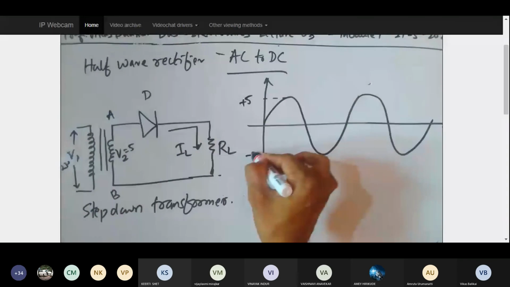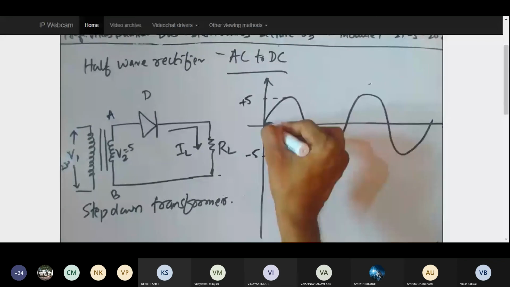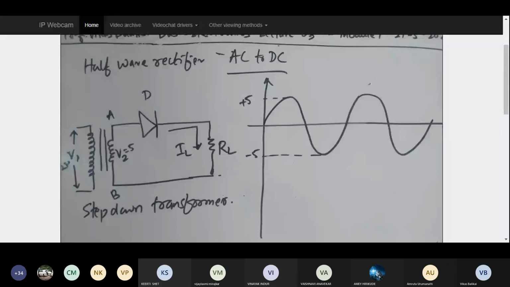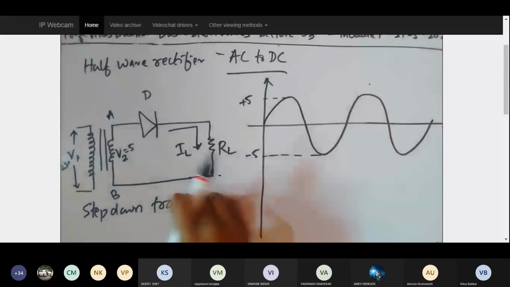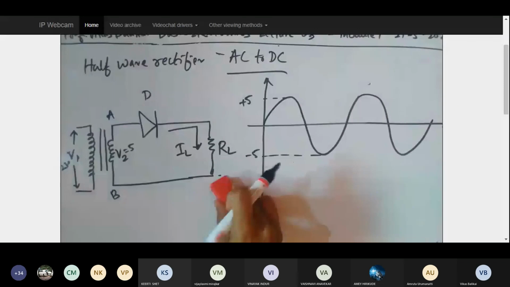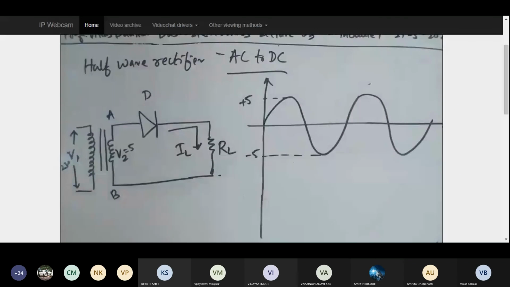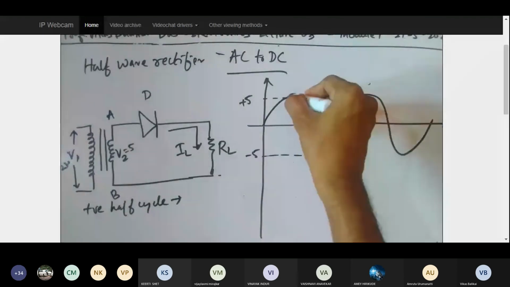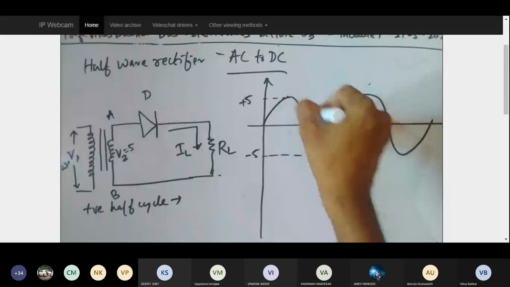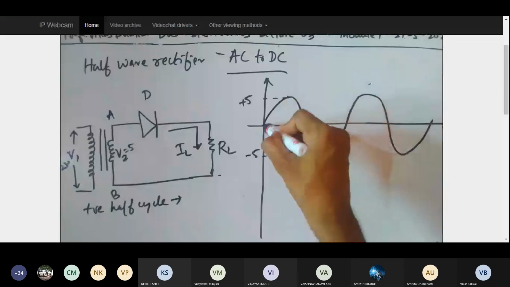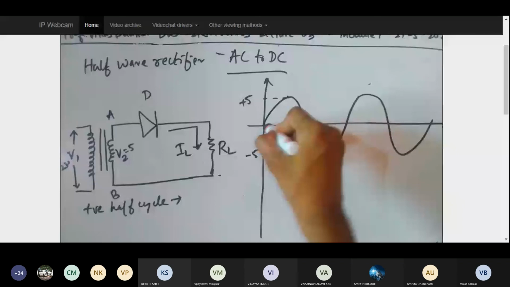Now let's see what is going to happen in the positive half cycle and what is going to happen in the negative half cycle. There are two particular cases. Positive half cycle means when the input is on the positive side, negative half cycle means when the input is on the negative side. So in the positive half cycle, the input is rising from 0 till 5 volts and again dipping down from 5 to 0 volt, so the voltage is more than 0 volt. Right? So I'll try to just write the PN junction diode like this.